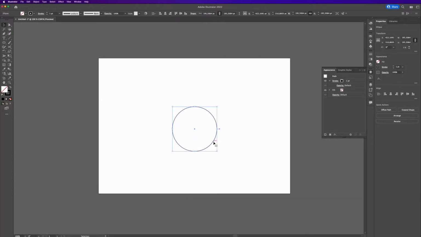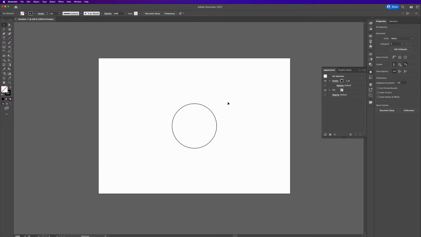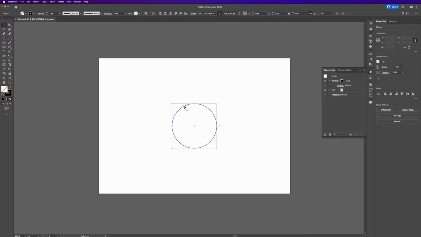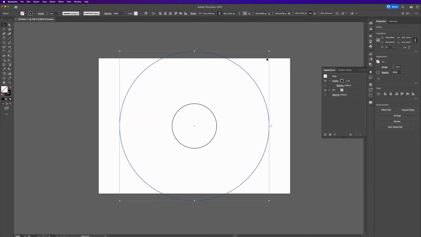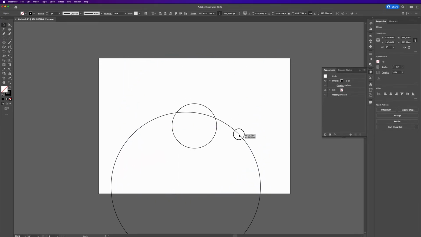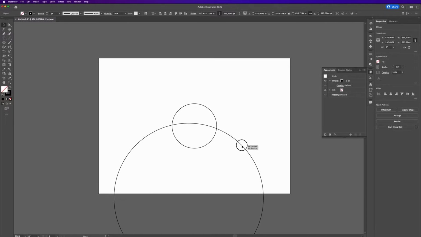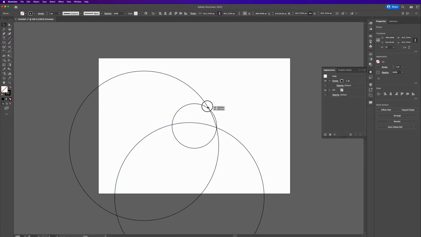The next tip is the Shape Builder tool. And the Shape Builder tool is a quick and easy way to create unique and custom shapes and create all objects of any sort. And it's a good alternative to the Pathfinder tool. So for example, let's try to create a basketball here. We're going to start with just a normal circle, and then on top of it we're going to make a much bigger one. We're going to duplicate this one